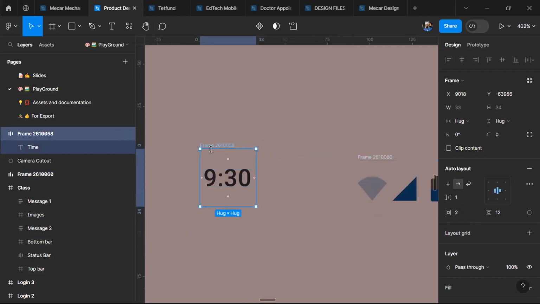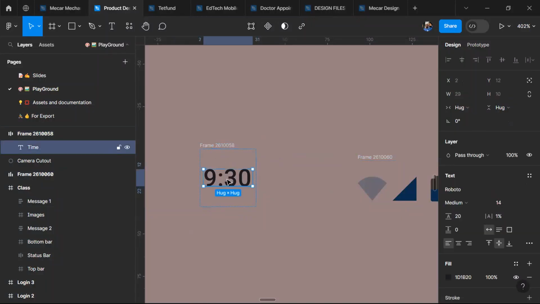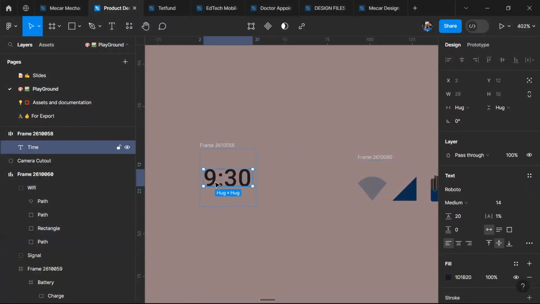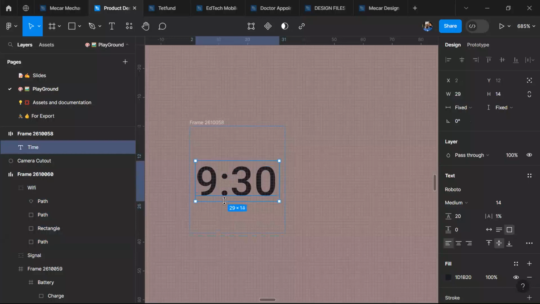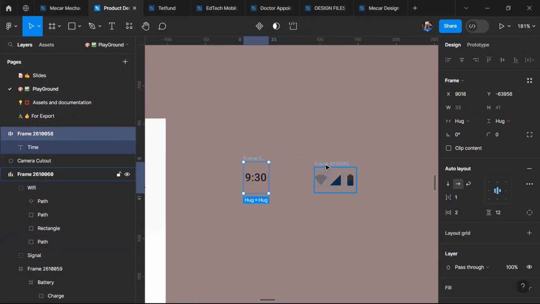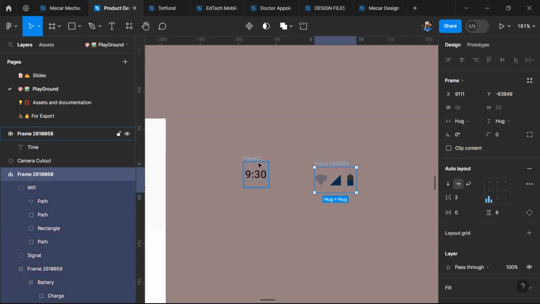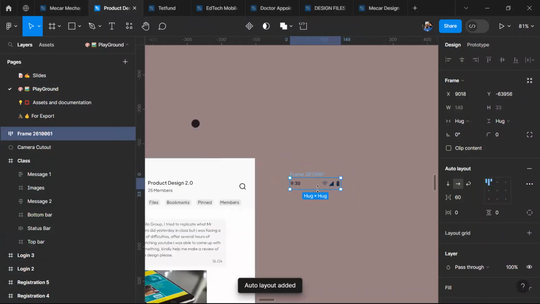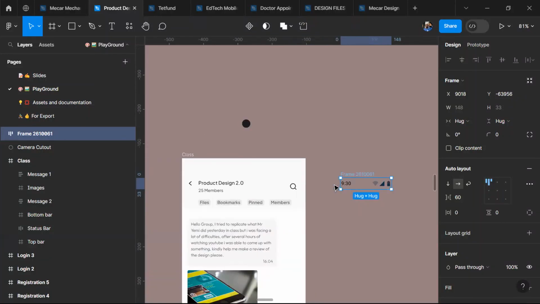This one now. Let me see, 17, 17. So I'll try and make this height to be 17. So now this and this should be, this one is 10. No, we used 8. So this and this should not be of the same size if I auto layout there. Yeah. So now that I've gotten this,